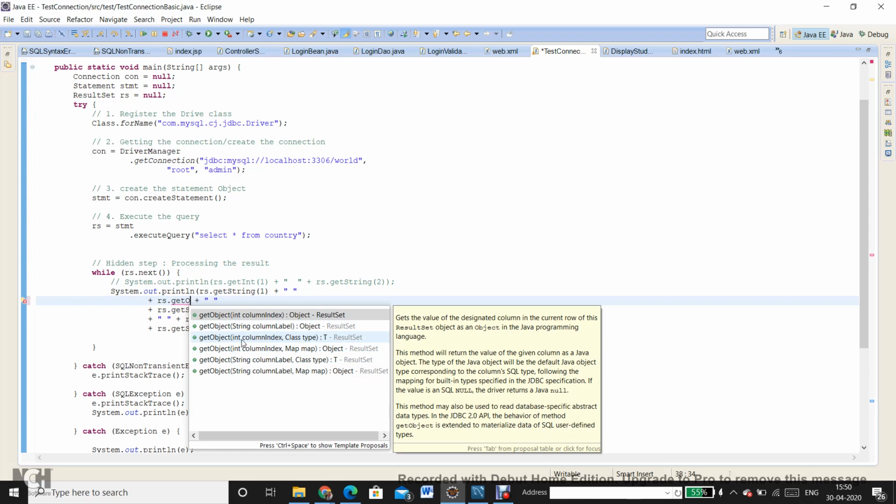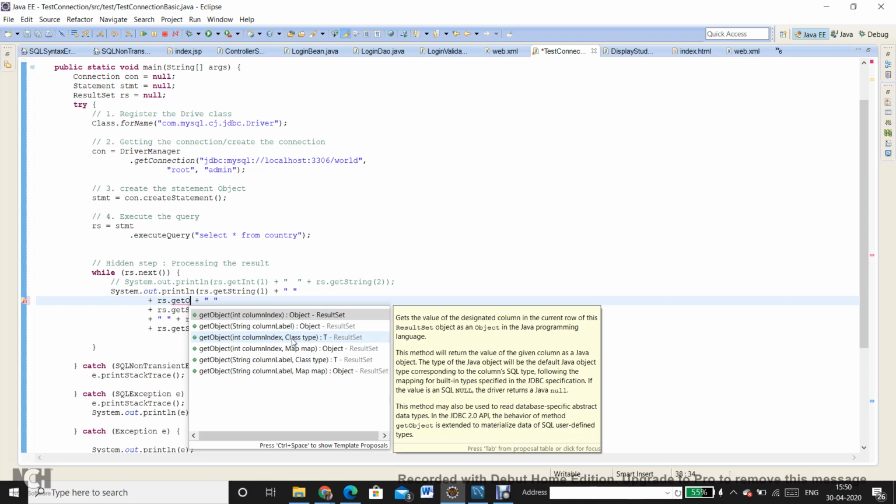For example, if you use getObject with column 1, and we know that in our student database, column number 1 is an integer value which is a serial number, I can say the class type as Integer.